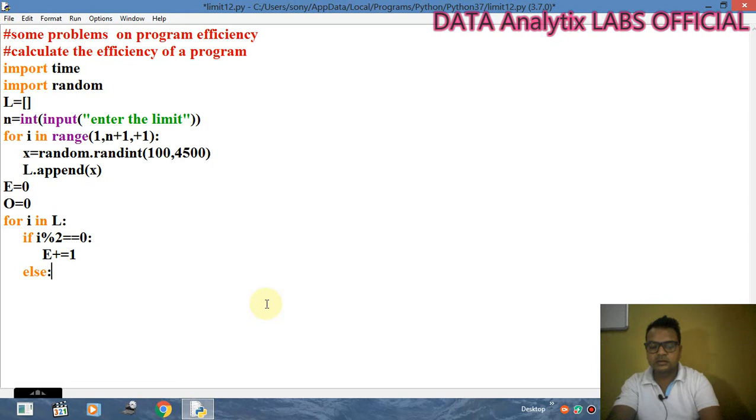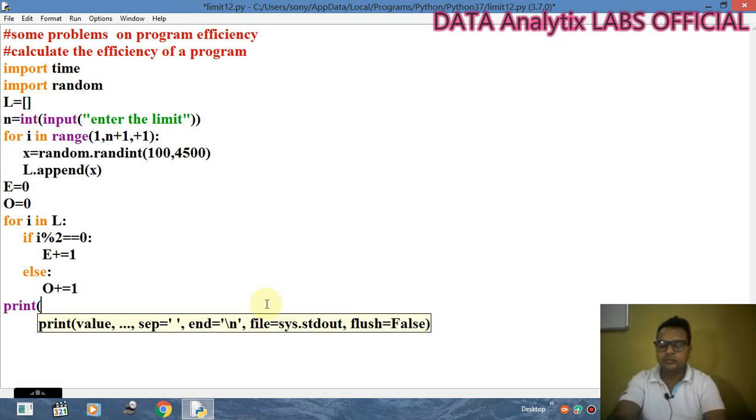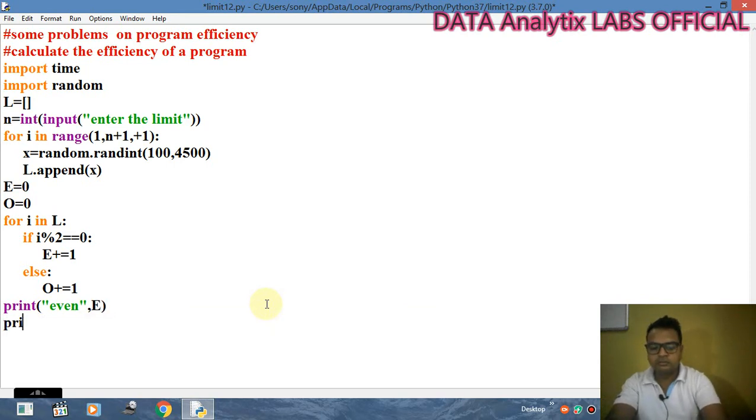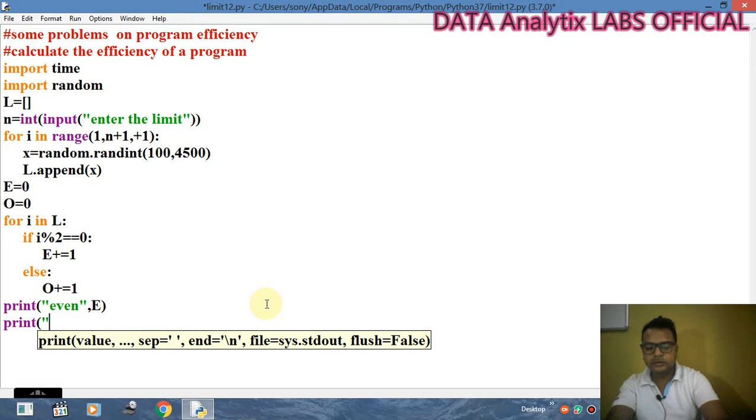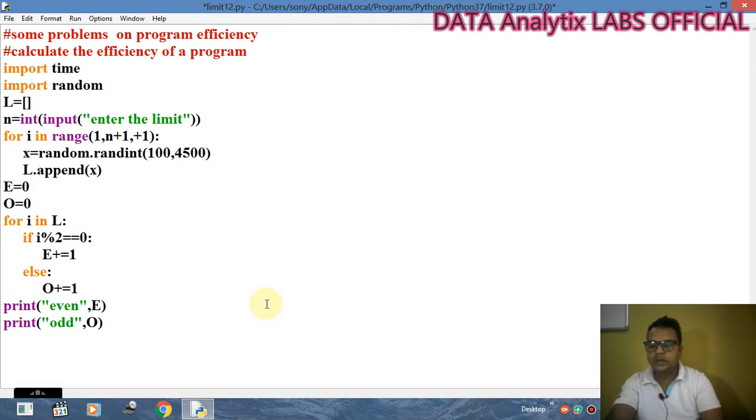Else there will be an increment in the O variable. ठीक है, so in this way this is going to work, and then finally it will print E and O. Print even, that is E, print odd, that is O, and finally it will print the execution time of the program.